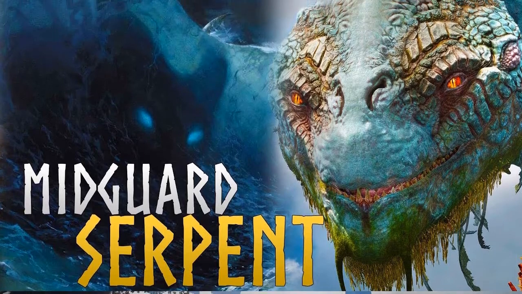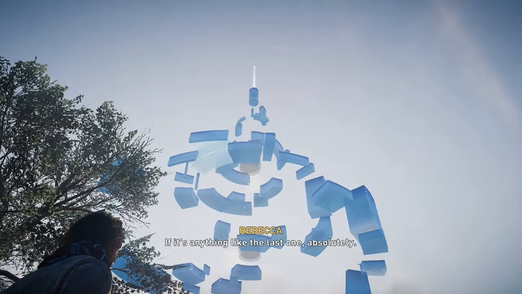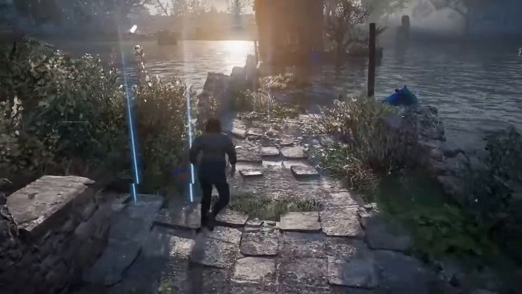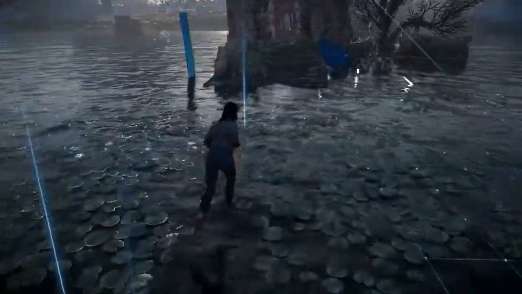It's one of Loki and Angerboda's children. It's a giant snake creature that was thrown into the sea, and it's so big it encircles the entire world with its own tail in its mouth. It's the creature that Thor is always hunting down and trying to defeat, until they finally meet at Ragnarok, and they fight to the death, and they both kill each other.